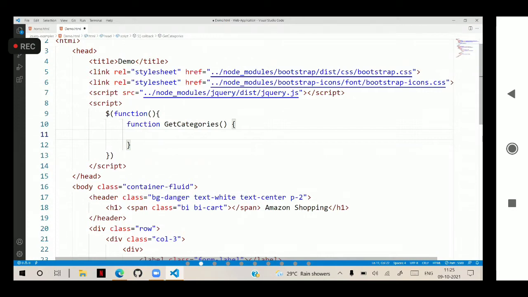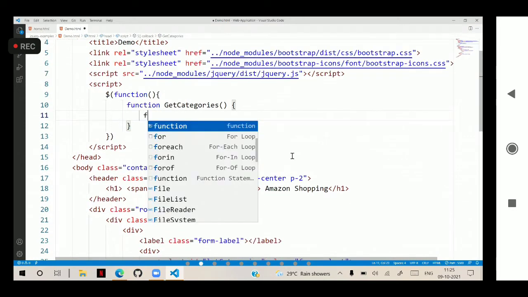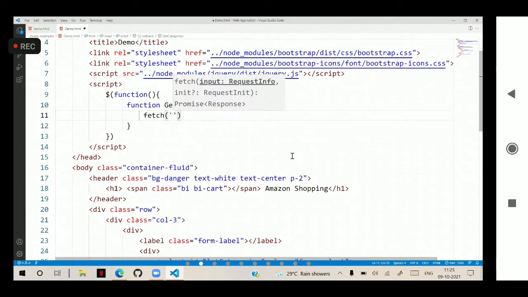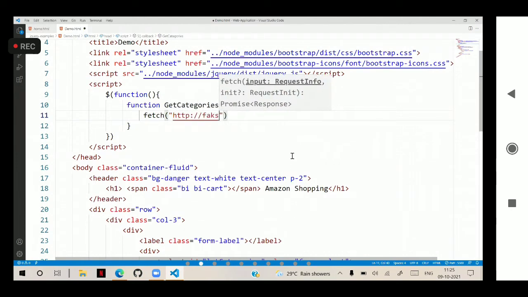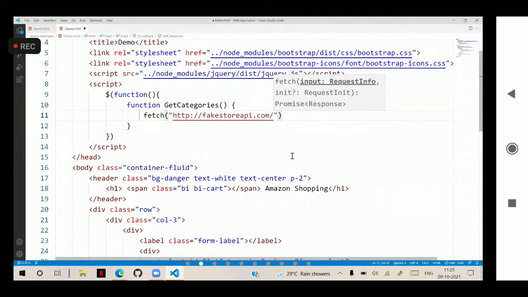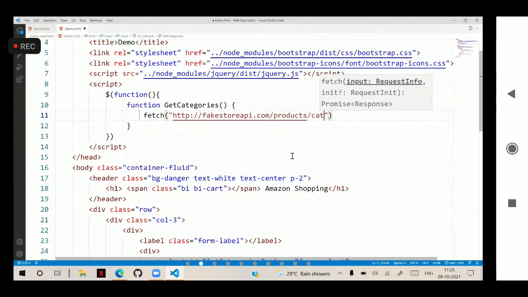So I will put the fetch method, and we will access http://fakestoreapi.com/products/categories. It will return the categories.